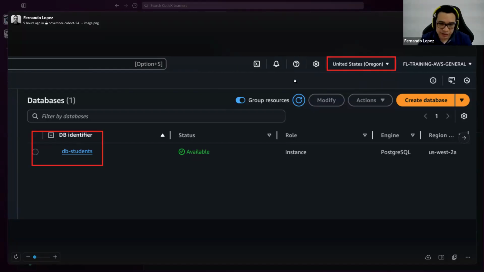Okay, and this is my recommendation for the owner of this database. I know that there is another database in the region of North Virginia that has the same name. So I don't know who's the owner of this one and the owner of that one. My recommendation is if there is a possibility that you can rename it, please let me know. If you don't know how to rename the database, I can help you.